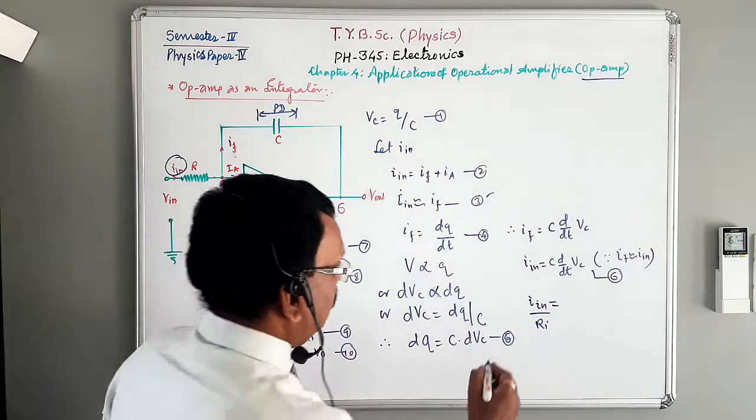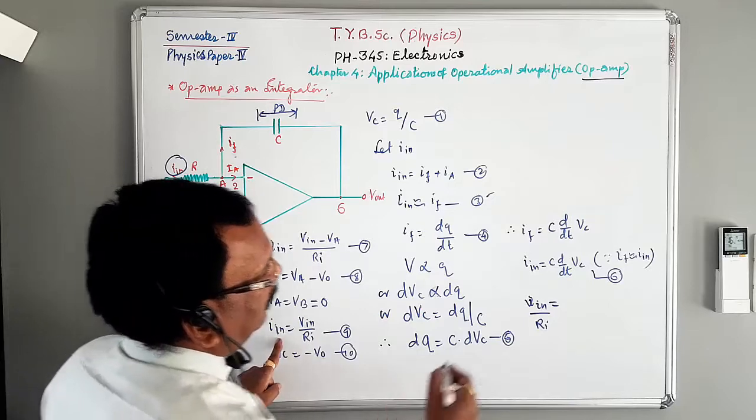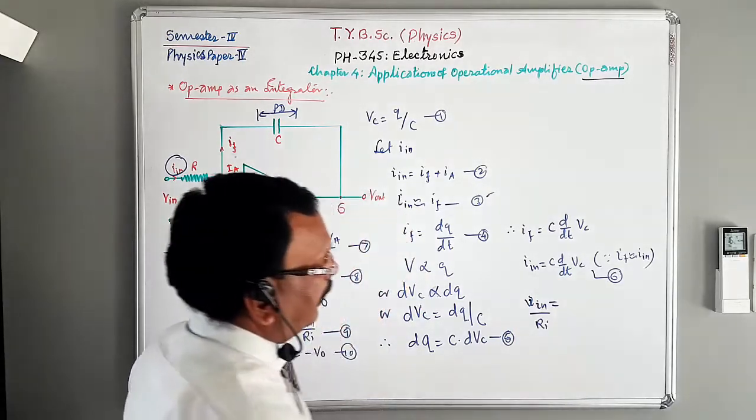VIN upon RI, that is IIN, this equation, minus C